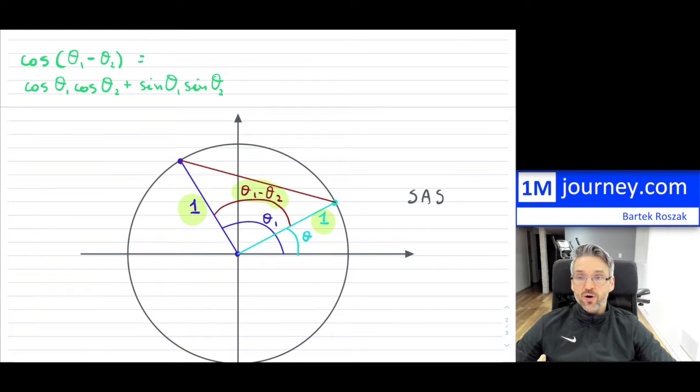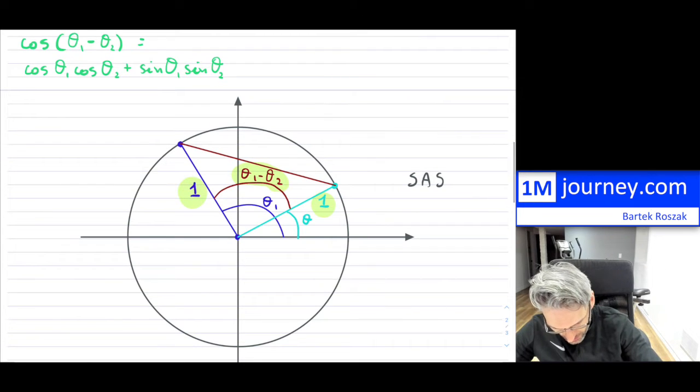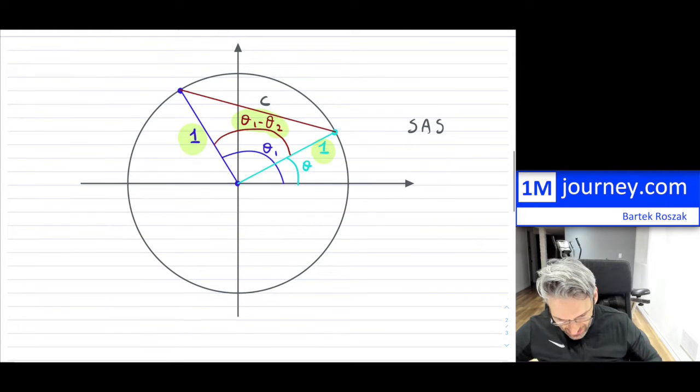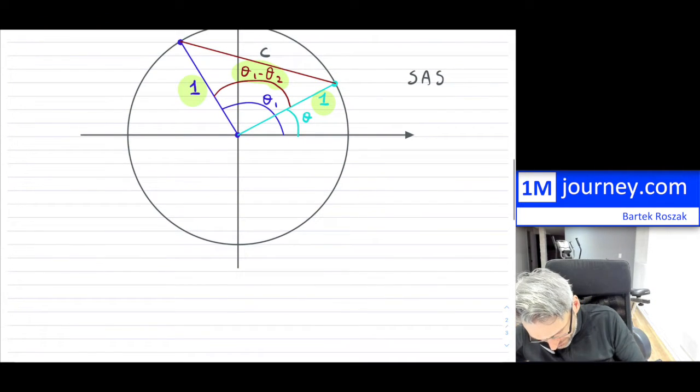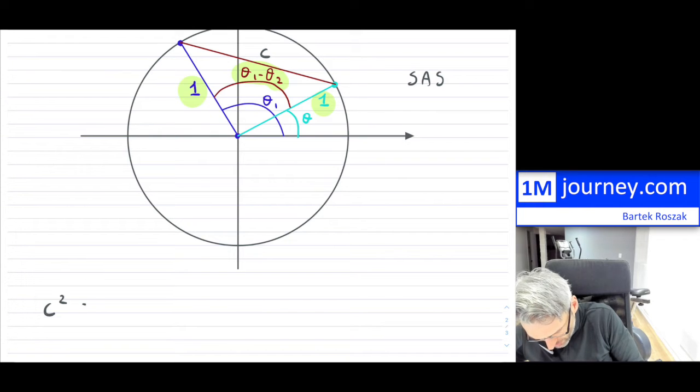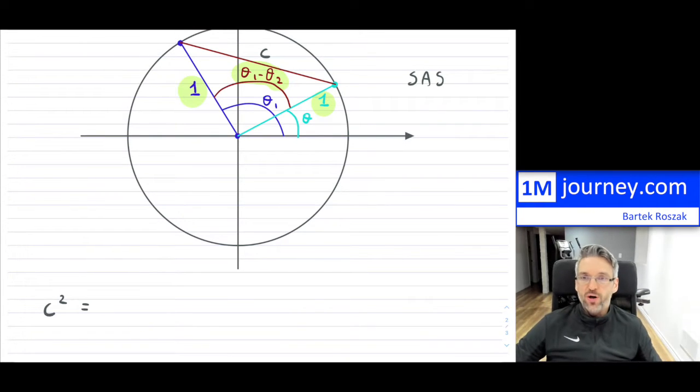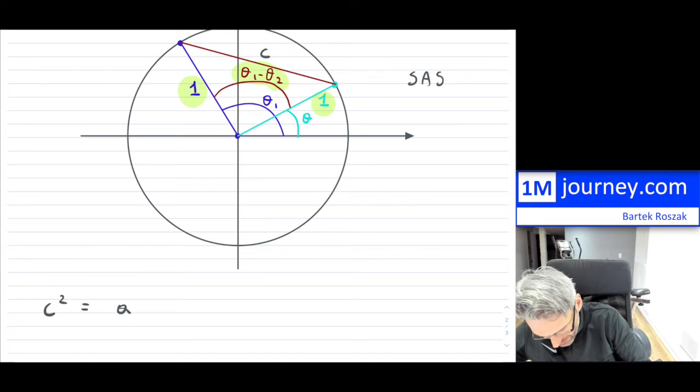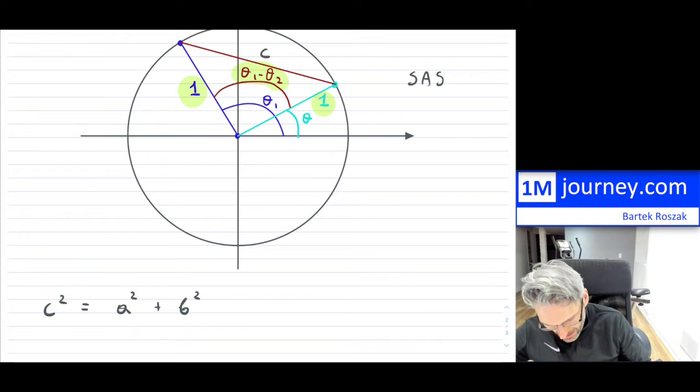So with respect to the cosine law, what I'm going to do is call this length that I created on top there C. So that's going to be the length C. And now for the cosine law, if you recall, this is going to be C squared is equal to, and I can now call the other ones A squared and B squared, those are the lengths of the other sides. Now I know those ones are equal to 1 because they're just the unit circle. And then this is going to be minus